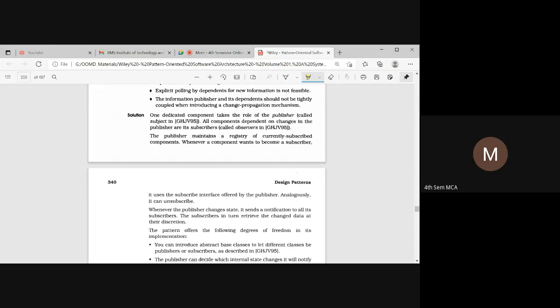So similarly, the publisher is going to provide some user interface. Once the user interface is identified by the subscriber, it is going to register. So what happens if the subscriber does not want to be a part of the publisher? Then it can unsubscribe. It is similar to when you are subscribing to some articles online, and if you don't want to continue the subscription further, you unsubscribe.